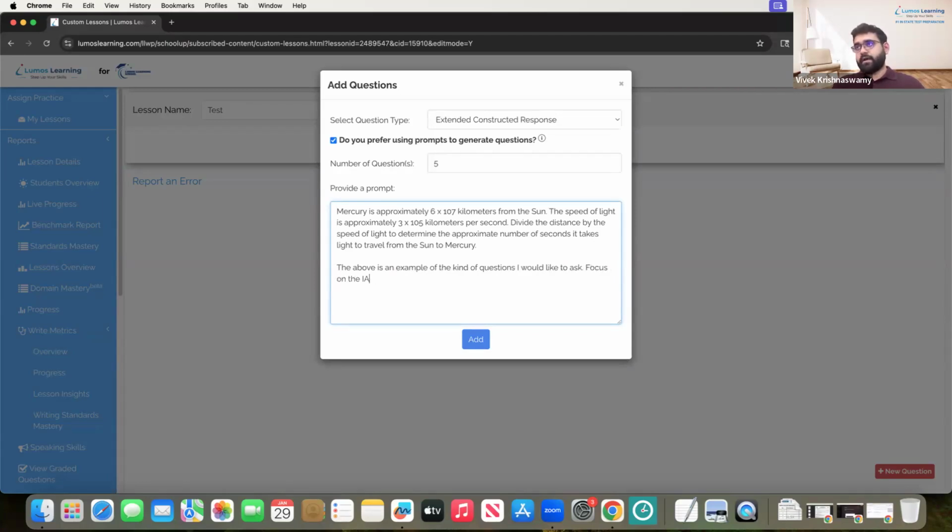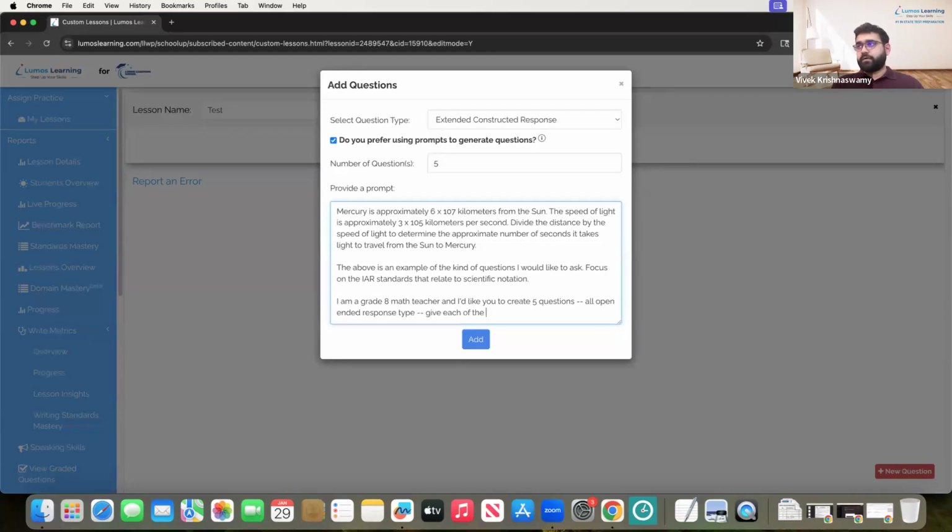Focus on IAR standards that relate to scientific education. I don't know how to spell. And then we could say, I am a grade 8 math teacher, create 5 questions, all open-ended response type.